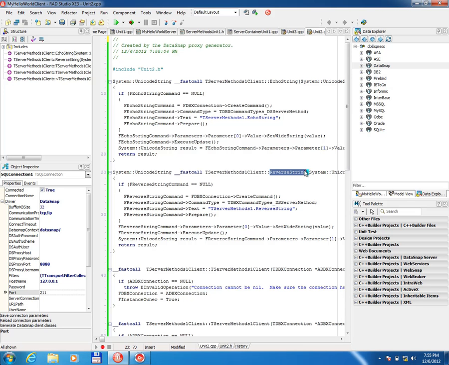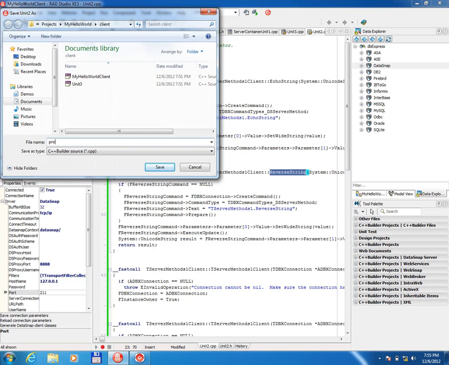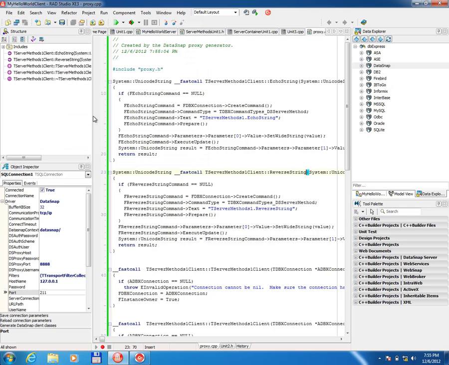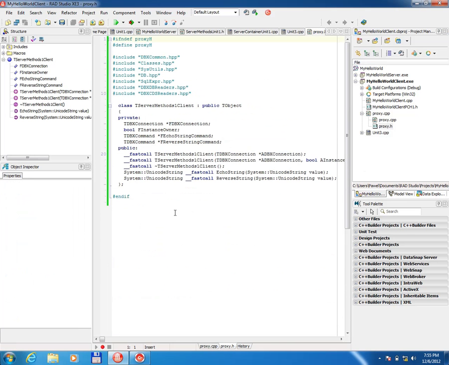So basically, the first thing is to actually save this. I'm going to call it proxy because it is effectively a proxy to the server side functionality. I can have a look here, and my proxy also has a proxy header. This is just a class derived from a TObject, and it has the same functionality as the server provides. So in order to call remote methods, I just need to instantiate this class, and